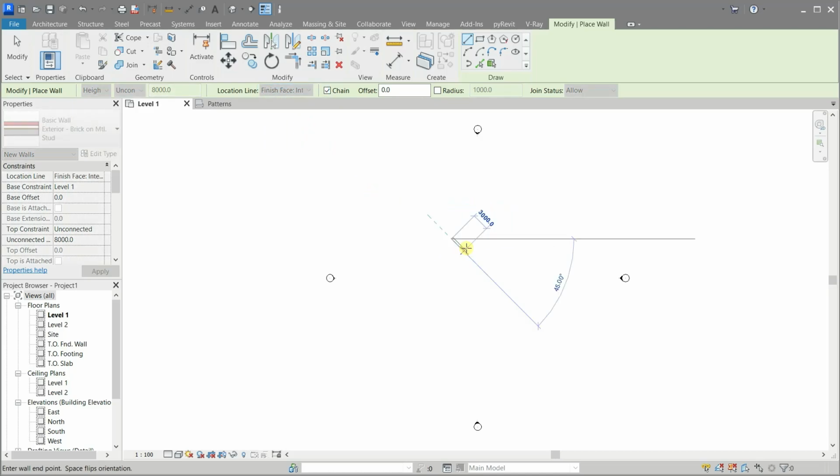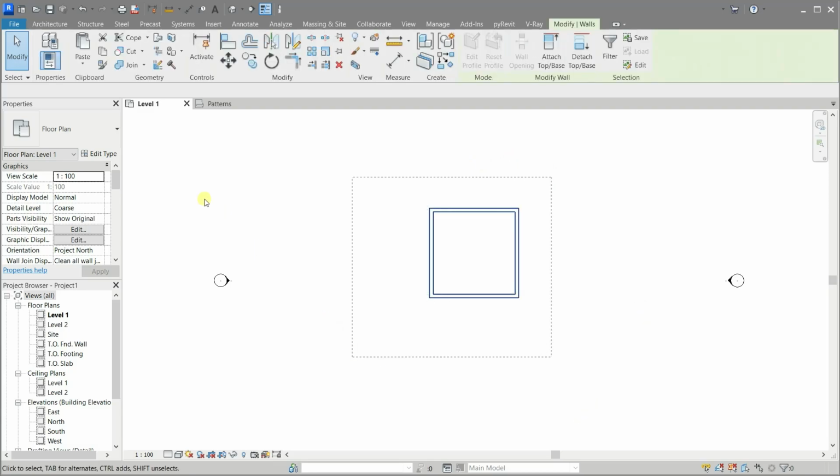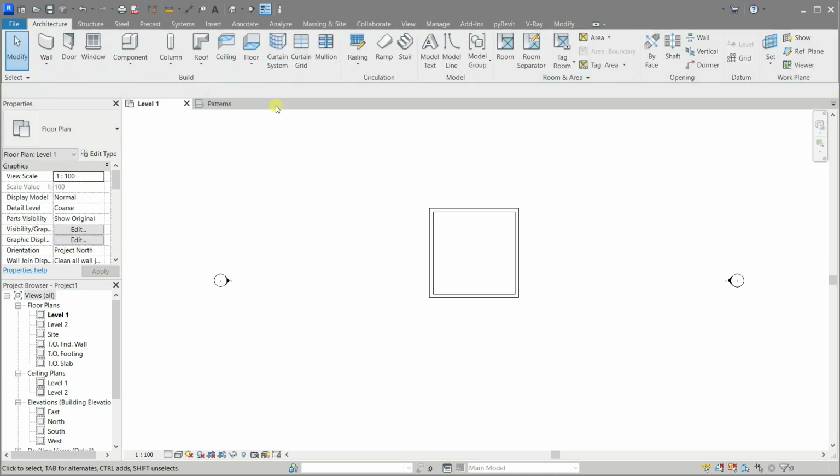I'll create small room. Let me constrain the wall to the second floor for now. Okay, I'll create a floor inside the small room.